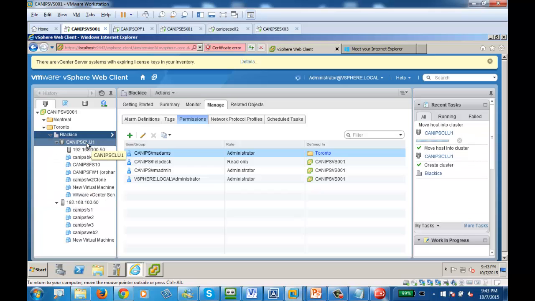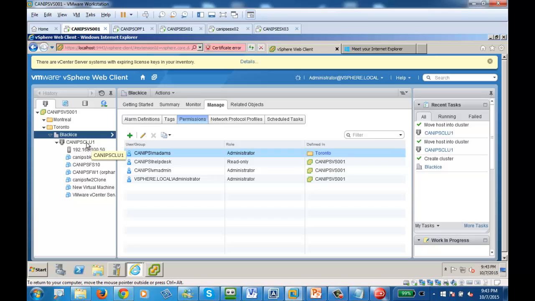Now we must know the method of adding hosts to a cluster and removing hosts from a cluster. So we must know this. First of all, adding a host is really easy. All you need to do is drag them and both of the hosts are added and all the VMs are now all part of one cluster. But guys,